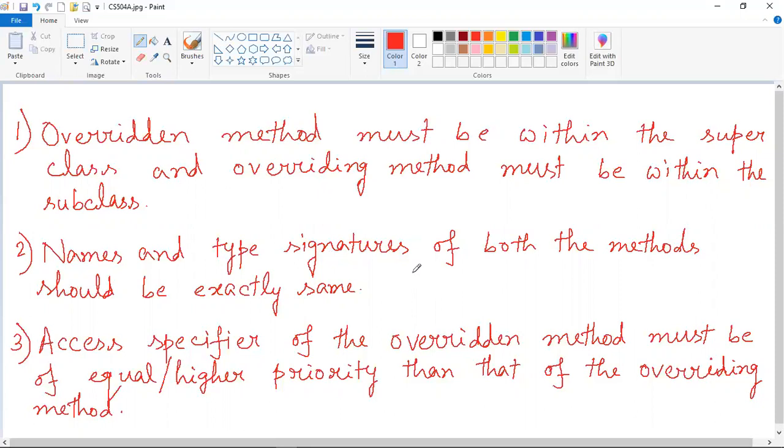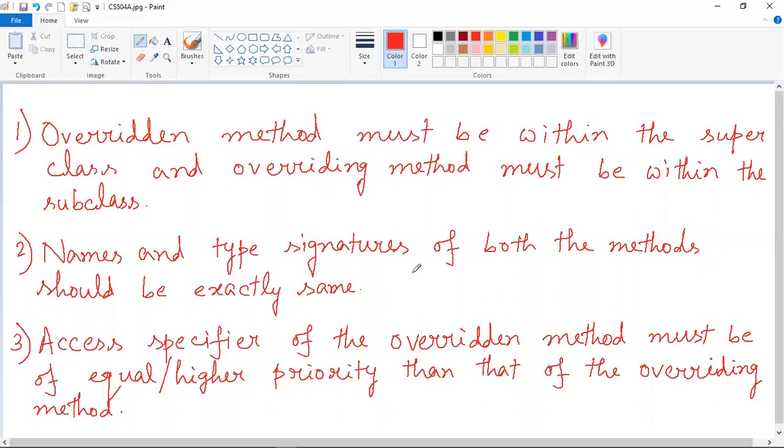Here you can see that both the methods have the same name, show, both the methods have the same return type, void, and both the methods have no parameters. That means the names and the type signatures of both the methods should be exactly the same. Now if I put some parameters into the overridden method, there should be the same parameters with the same data types in the overriding method also, otherwise the type signature will mismatch.